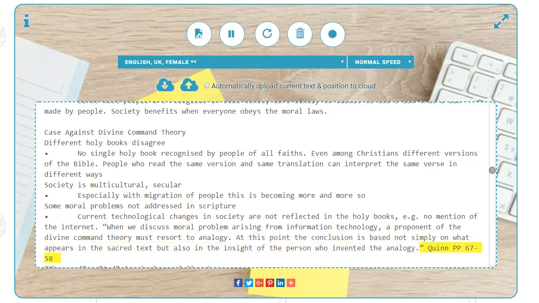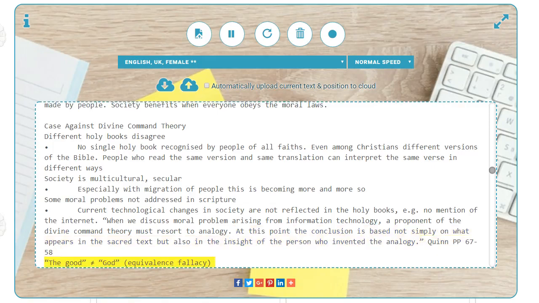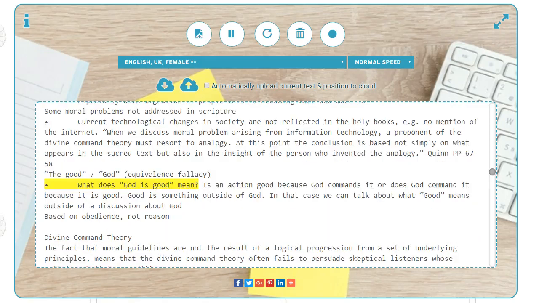Quinn pp. 67-58. The good does not equal God; that is an equivalence fallacy. What does "God is good" mean? Is an action good because God commands it, or does God command it because it is good? If good is something outside of God, in that case we can talk about what good means outside of a discussion about God, based on obedience, not